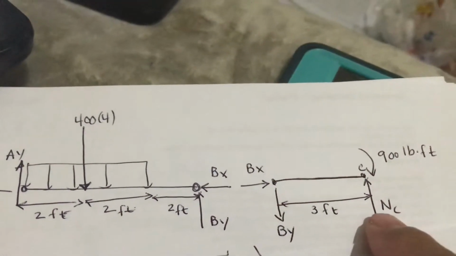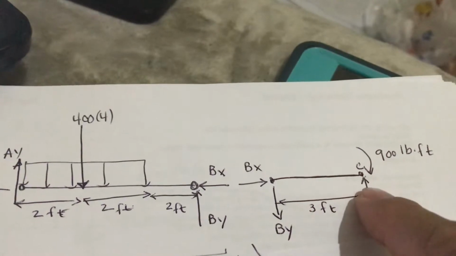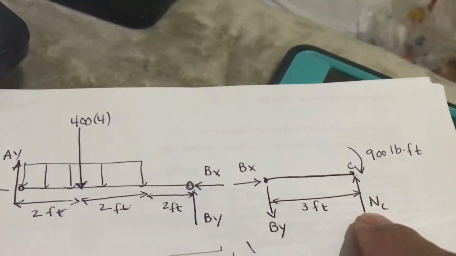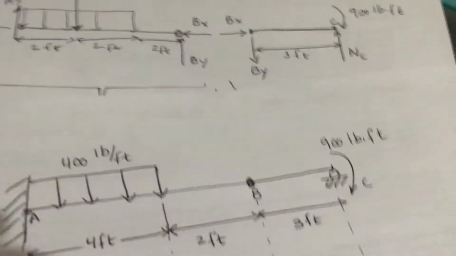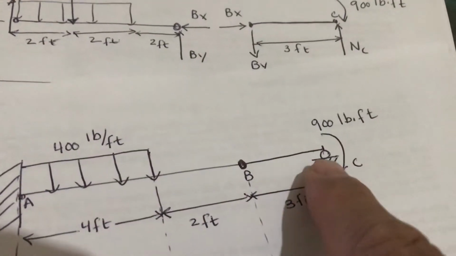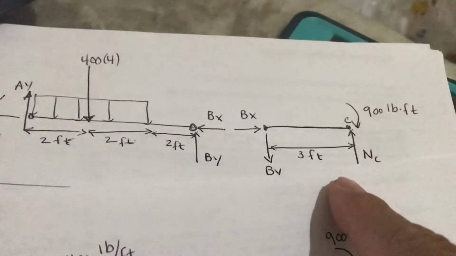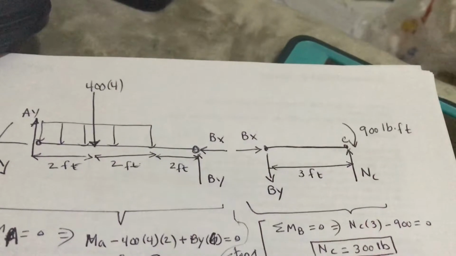And the other one is a force, either you call it CY or you call it NC, that's up to you. This is the force here, because this is a roller, so you should have only one force in the Y. You could call it CY or NC, it's up to you. And now,